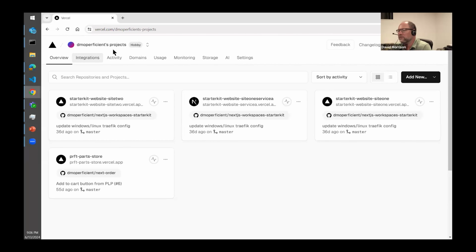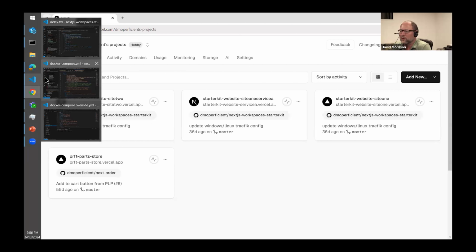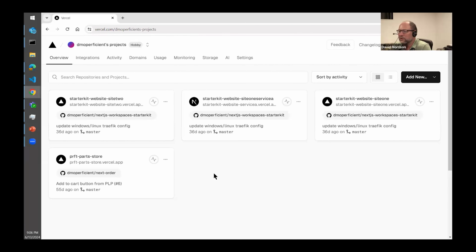So that's the obvious next step, is to set up that. And I've already got this in the solution, but I'll save that for a different demo. But there is one thing that I want to finish up with that is really important when it comes to working with workspaces in Vercel. Normally, if you have Vercel and a single rendering host, you just set the root directory of your project to the front end and deploy.